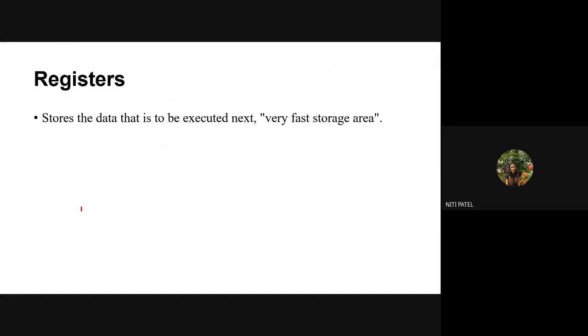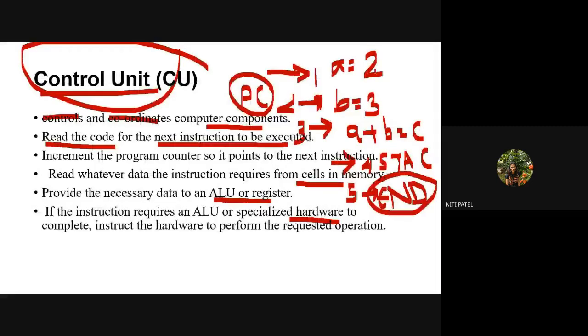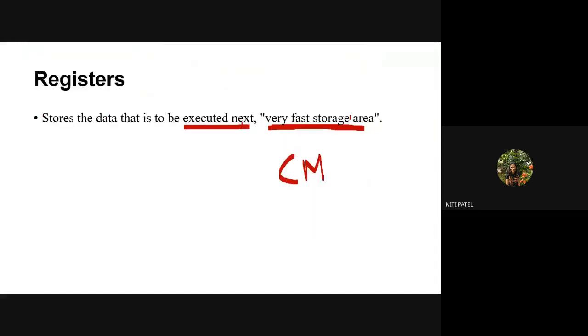Okay. Then next is registers. As I just said, it is a memory, or a way in which the data is stored inside the cache memory. So it stores the data to be executed next, a very fast storage area. Why is it a very fast storage area? Because it is a part of your cache memory. So it is used to store the data which is to be executed next, which means what? Currently A is equal to 2 is executed. Meanwhile, what will the system do? It will find B is equal to 3 and bring it, and where will it store it? Inside the cache memory, inside the register. That is what it is said.